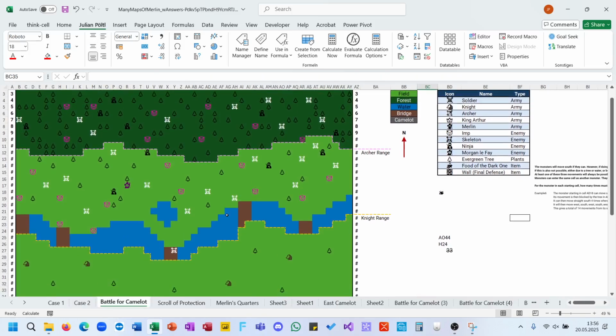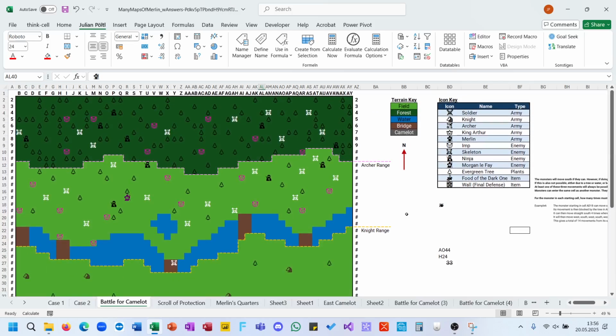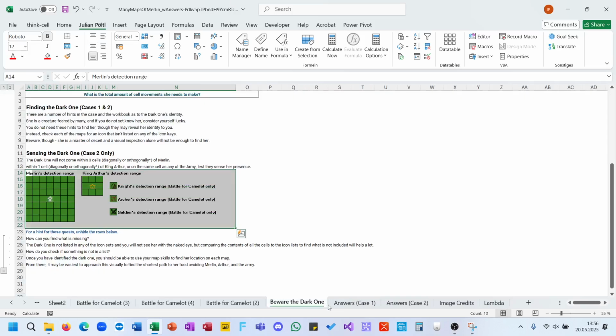Battle for Camelot. I know that they can move, but okay, they're also army. But only King Arthur and